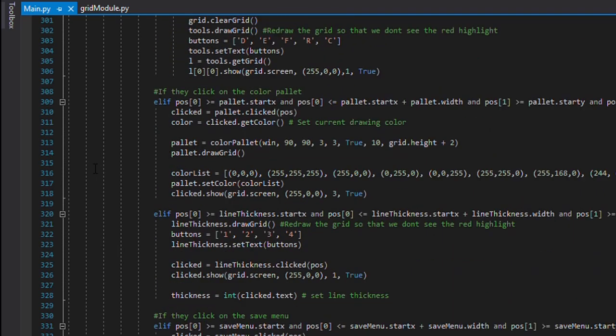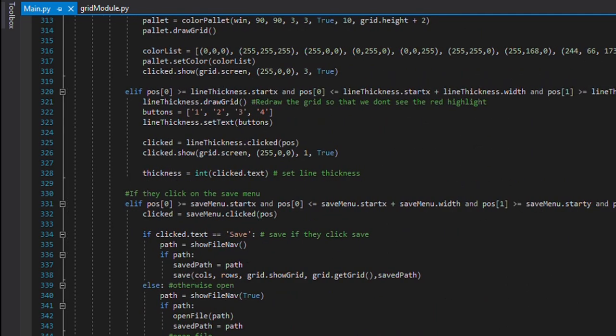Now, if the person has clicked on the color palette, a menu will appear on the screen. This is the code for this. I'm just using the functions that I've defined in the grid module that I've explained to you before. Using those, a color palette will appear and the person can select from it, and whatever color he selects will be the color of the tip of what he draws, and the pixels will be colored accordingly.